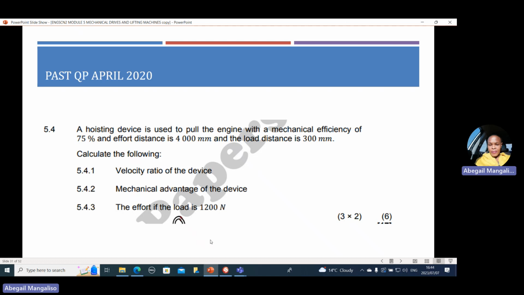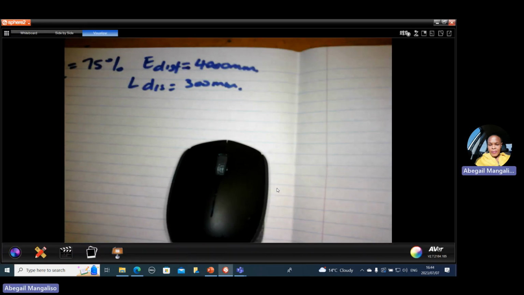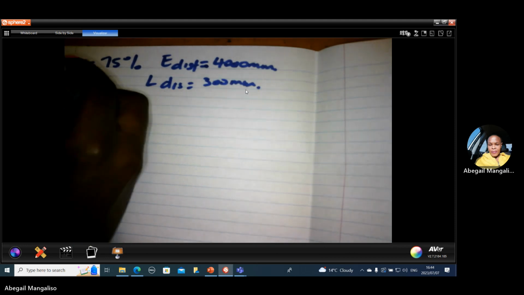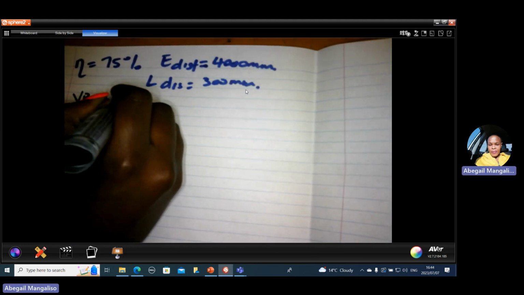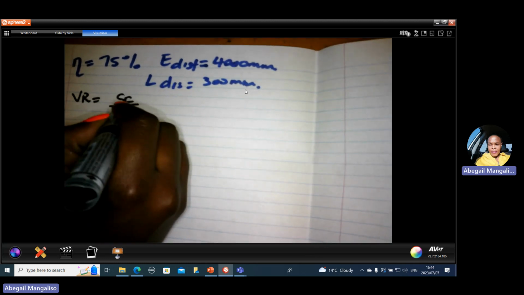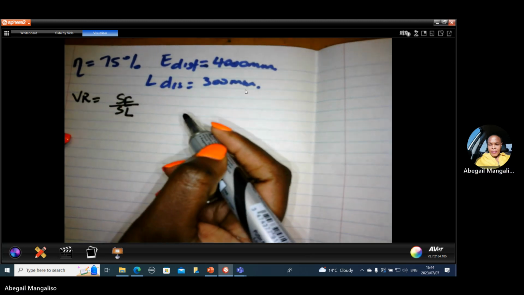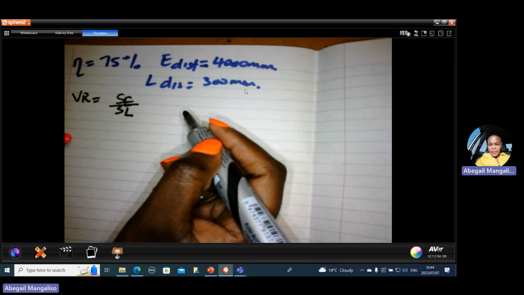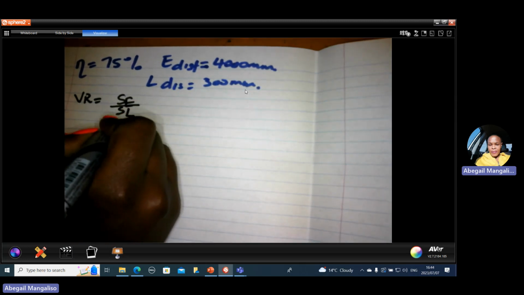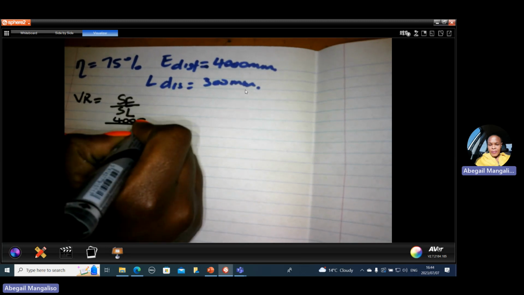Calculate velocity ratio. So VR is effort distance over load distance. That is the velocity ratio. VR is given as SE divided by SL. This is the formula that will be given in the exam. Effort distance is 4,000, so you substitute the given millimeters. So this is 4,000 divided by